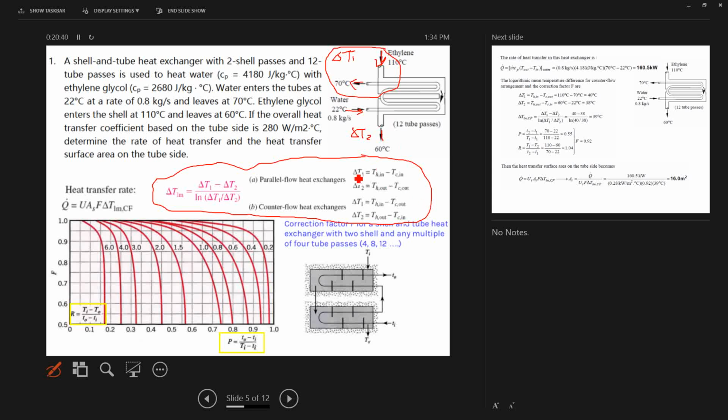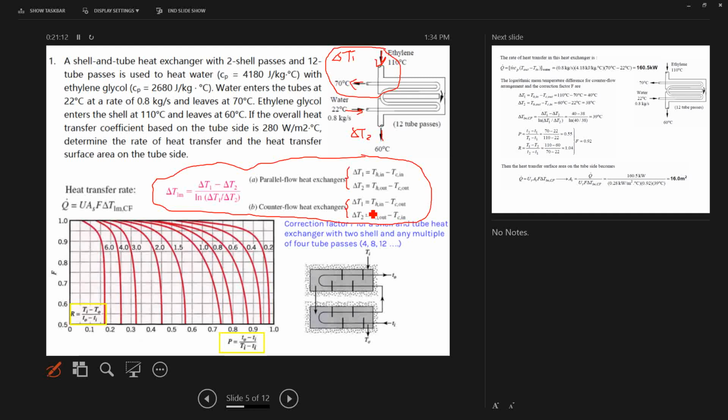the information will probably be given as if it's parallel, what's the delta T1, and if it's counterflow, what's delta T2. But actually, if you do enough practice, then you will see you don't need to follow that. You just find where is your hot inlet. So this part should be your delta T1. You use hot inlet minus whatever here. And then the other side will be delta T2, and that is from hot outlet minus whatever here on the